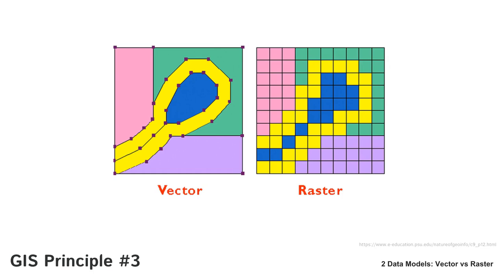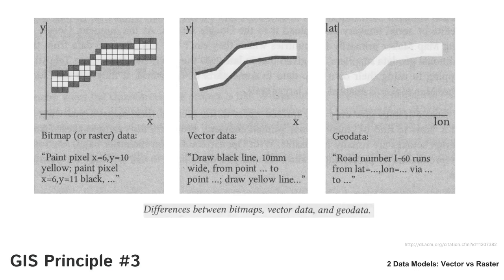We can see on the screen here that we can represent the same feature, the same real thing in life. In this case, maybe it looks sort of like a cul-de-sac. Maybe it's a lake surrounded by a road. I'm not sure exactly what the feature here is that we're looking at, but we can see that we can represent it two different ways. In the raster, we can see the blue area, which is similar to what we see in the vector also. We often call raster bitmaps or raster data, and then we have vector data, and then we have this